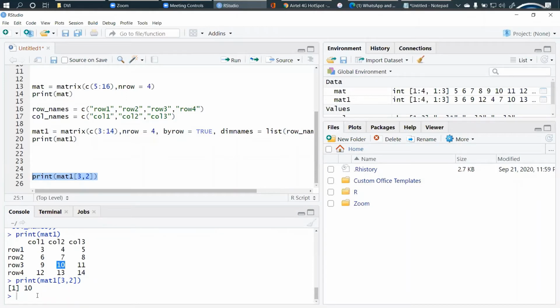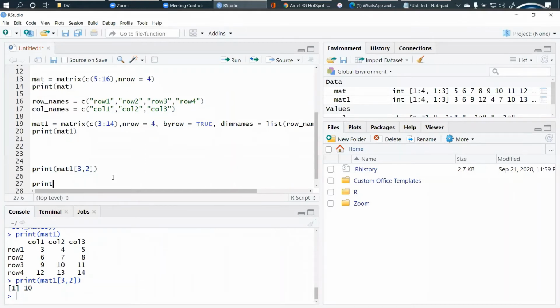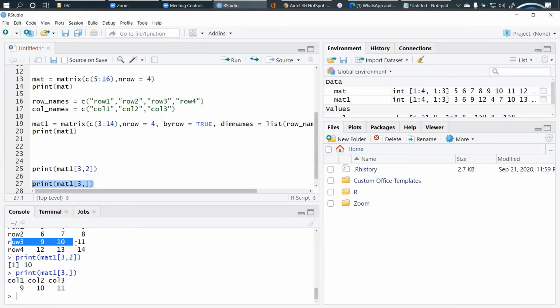Now what if I want to print the entire third row? What I'll do is write the matrix name, square bracket, third row and comma, and no parameter for columns. So we'll not be specifying which column you want, otherwise it would select a column and a row and define a particular element at that position, right? So I'm not defining any position of column. So this will represent the entire row here. Row number 3 is 9, 10, 11, right? Here it is printed as 9, 10 and 11.